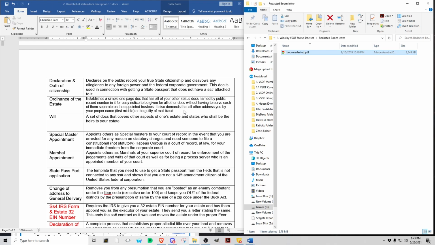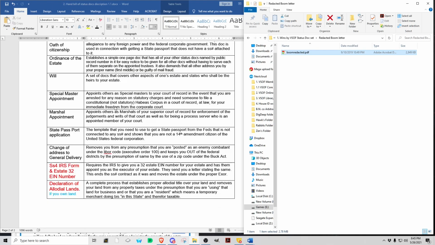Now, the rest of these things have nothing to do with the status docs. They're just other things that are available, but I do give people a copy. And if they want, they can tell me if they have a special master or they know who they want as their marshal. That's fine. I'll fill out a special master appointment and a marshal appointment form. Special master appoints others as special masters to your court of record, in the event that you